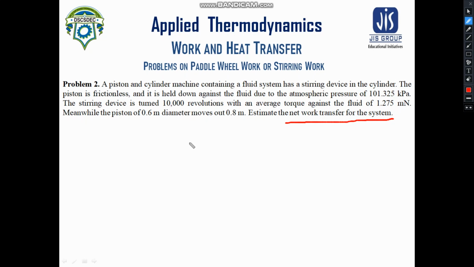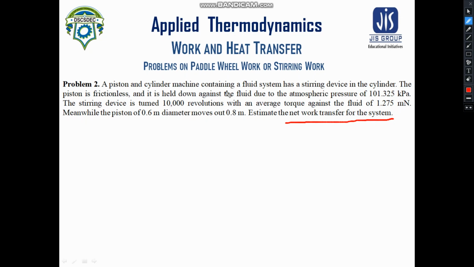Now if we consider the fluid system is receiving work, that means the surrounding is doing work on the fluid system. What is the surrounding here? The stirring device. So the stirring device is working on the fluid system, and consequently the fluid system is doing work